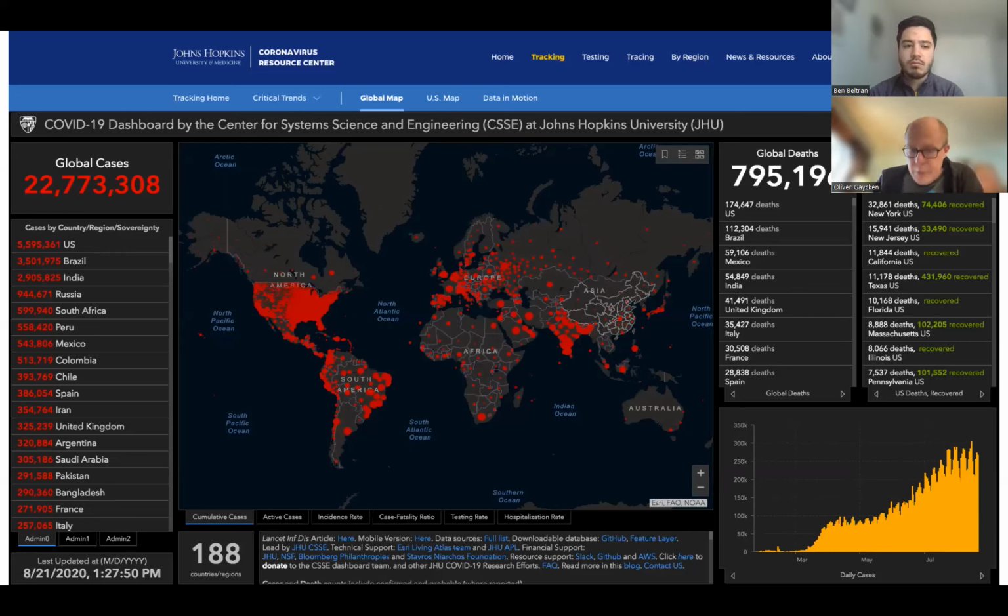So the epidemiological perspective, which of course is very much in our current consciousness, and one of the things we do in this part of the class is look at contemporary examples of data visualization around COVID. So here you see the Johns Hopkins tracker, which interestingly is now becoming a historical artifact. Hopkins is shutting it down because they're not getting enough data anymore to feed it. But we'll talk about how the sciences themselves are using data visualization to help make sense of crucial issues. So this is disease and epidemics.